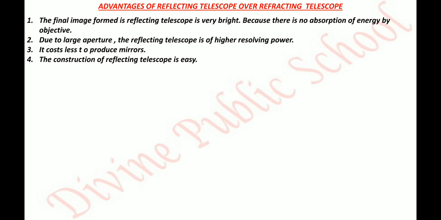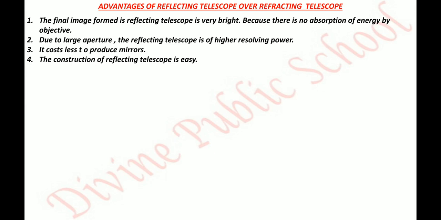What is spherical aberration? If you remember, in the very beginning I told you that the rays considered in geometrical optics are parallel and very close to the principal axis. The other rays which are far away from the principal axis are called marginal rays. What happens for a concave mirror or convex mirror? Marginal rays get focused on the principal axis at some other point. They do not converge at the focus, they have a different point as focus. It is because of the spherical surface of the concave mirror.